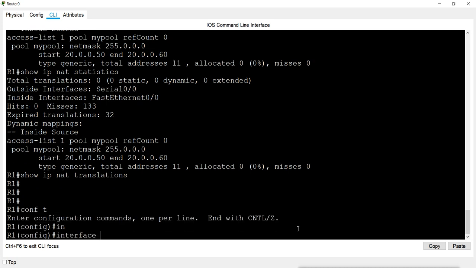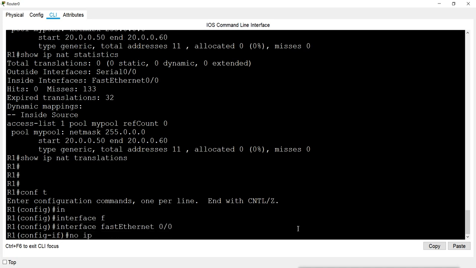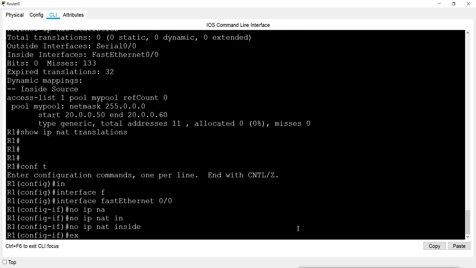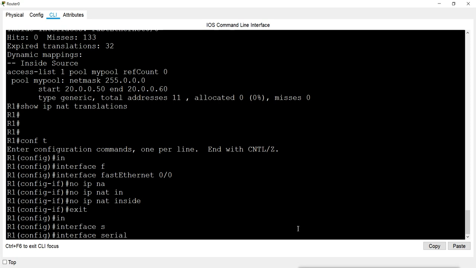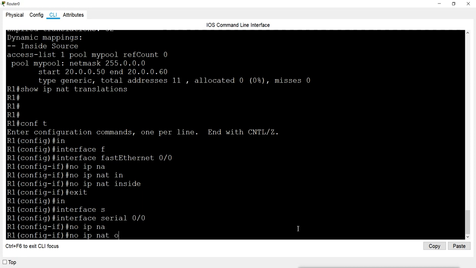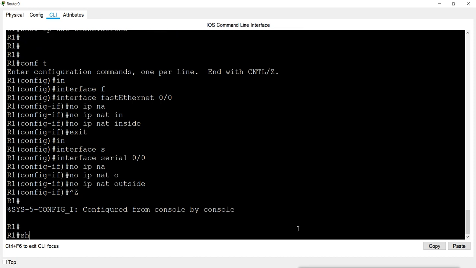We go to the interface and say no ip nat inside or outside. It will just stop doing the translation. It will remove the translation, but the mapping will still remain.